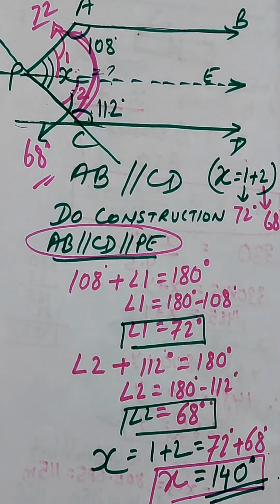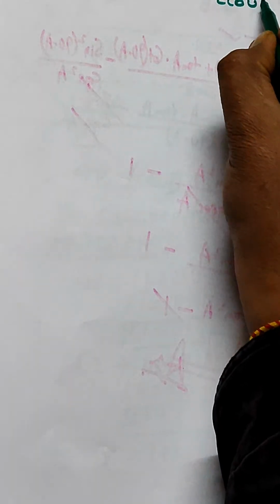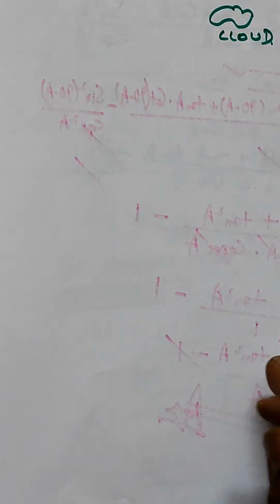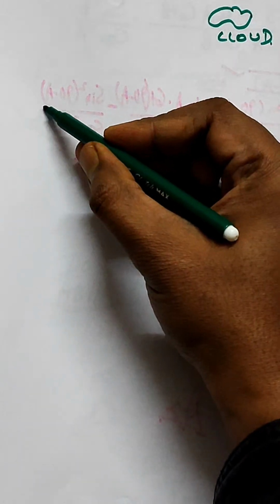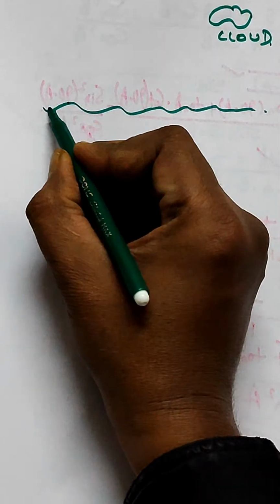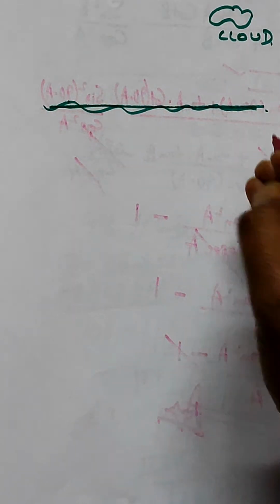So here I have taken a question of trigonometry, where a cloud is given like this. If the angle of elevation of a cloud from a point h meter above a lake, and here is a lake, and let us consider it as a straight line. So if this is a lake,